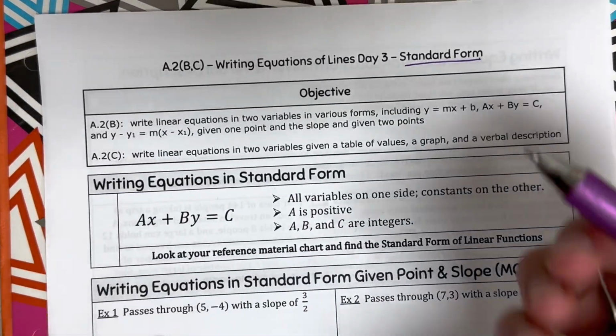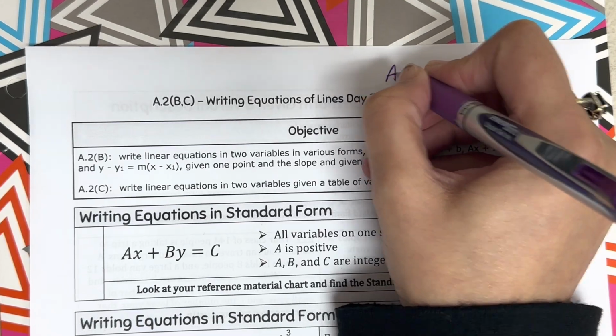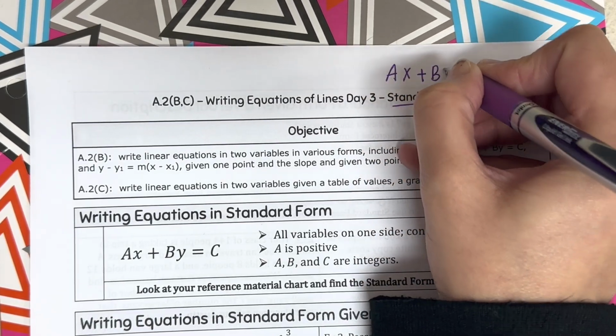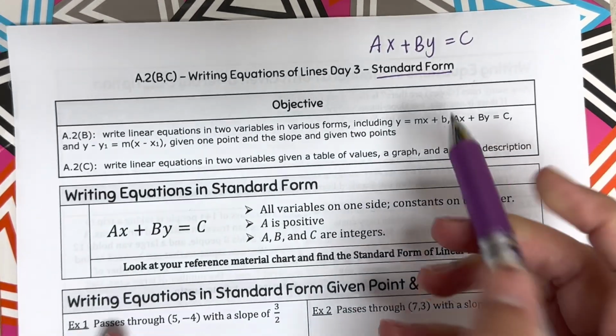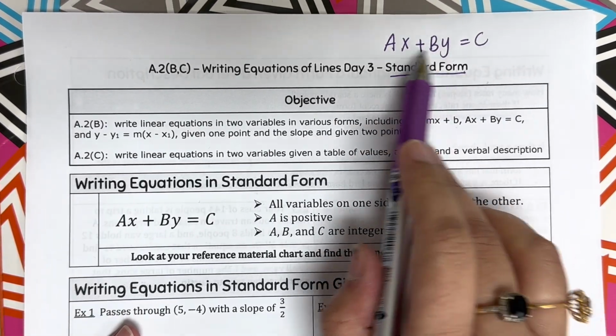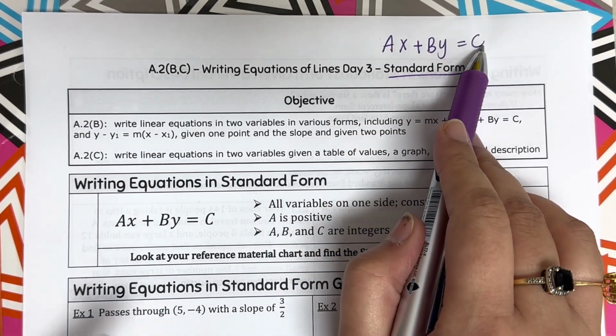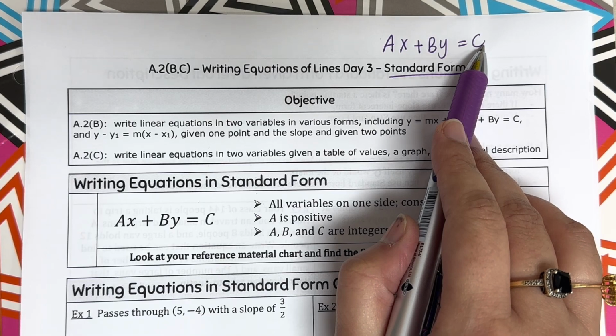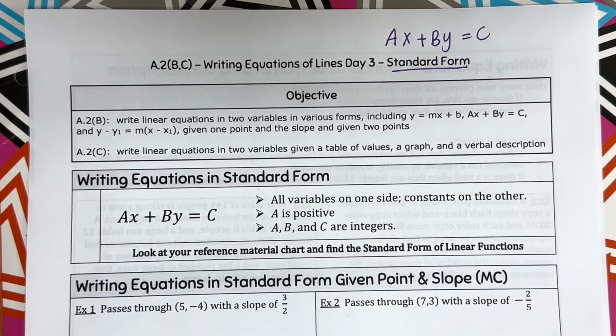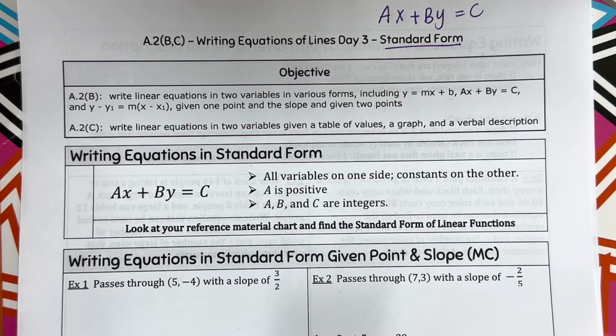So your standard form is ax plus by equals c. If you notice in this one, x and y are together on the same side, and the c, the number, is by itself. For these notes, we are going to be using a much easier method, which is the plug-in,